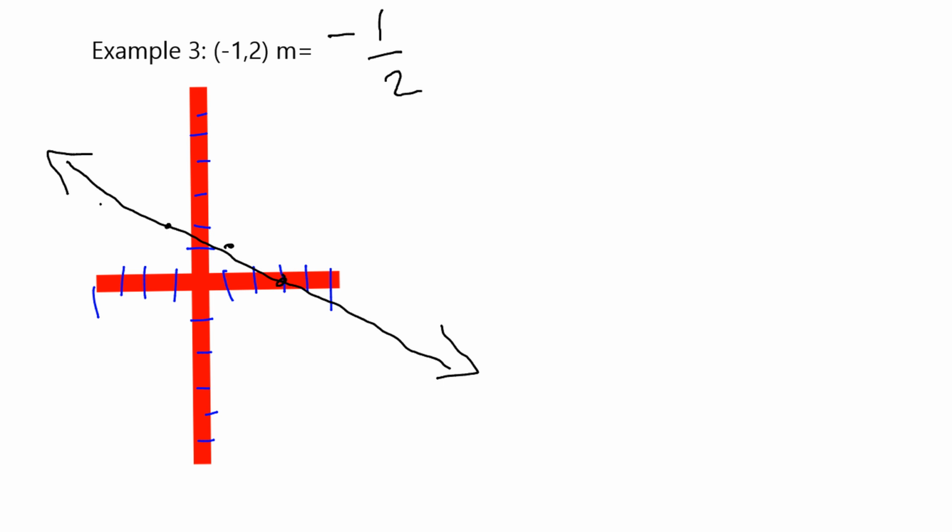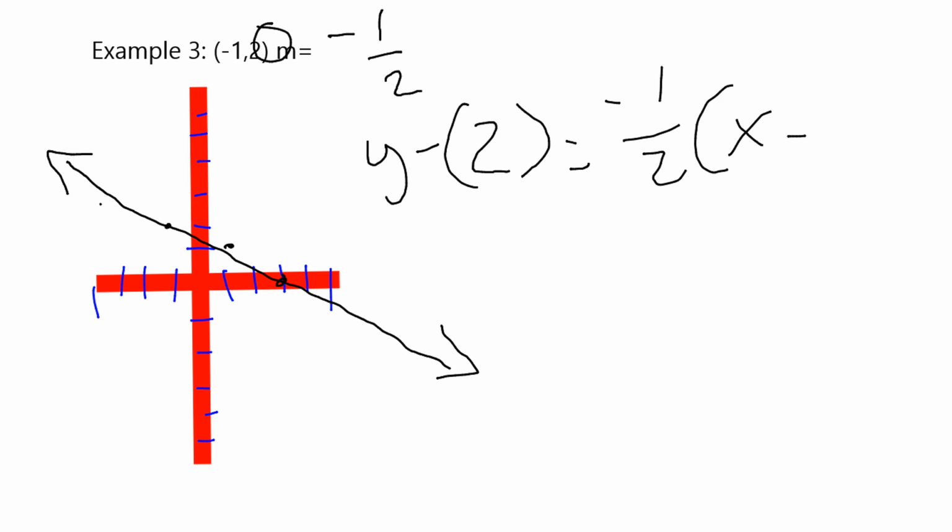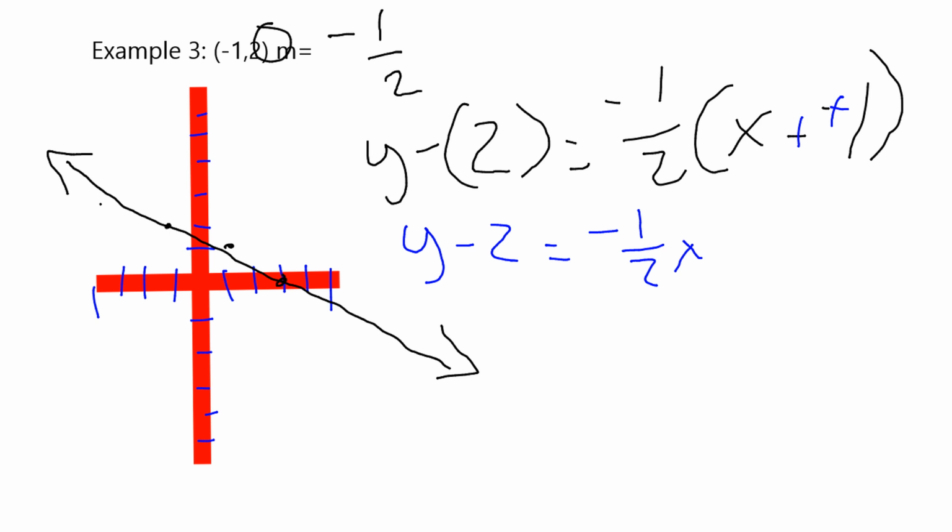So now I'm going to go ahead and create my equation. I'm going to have y minus my y1, which is 2, equals my slope times x minus x1. And real quick, I'm going to change this to positive because negative times negative is a positive. That way when I distribute, it's easier. So simplifying this, y minus 2 equals negative 1/2 times x is negative 1/2 x, and negative 1/2 times 1 is negative